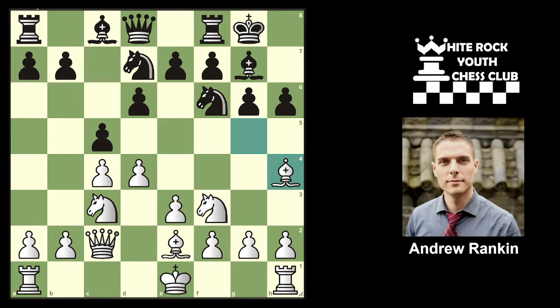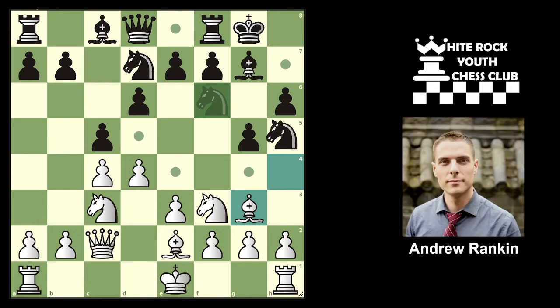If he continues with g5, we drop the bishop back here. And now if he goes chasing our knight, let's see if you guys can find a really strong tactic here that should just win white the game. So the move knight to h5 is a blunder, and it's a big mistake because we have the move knight